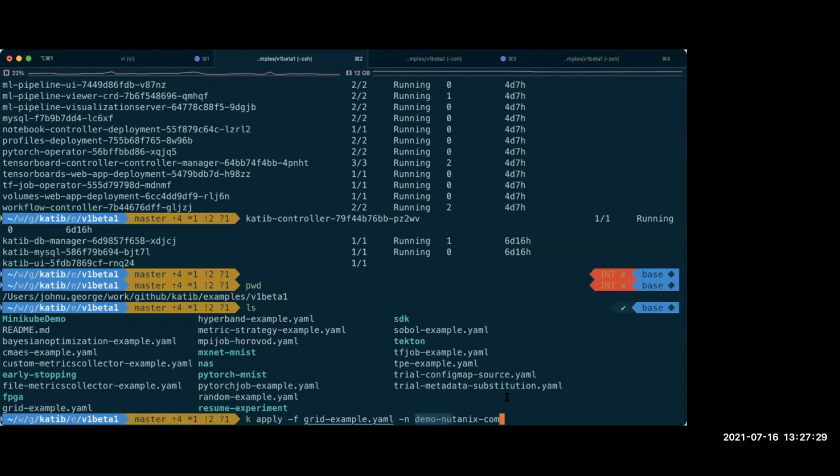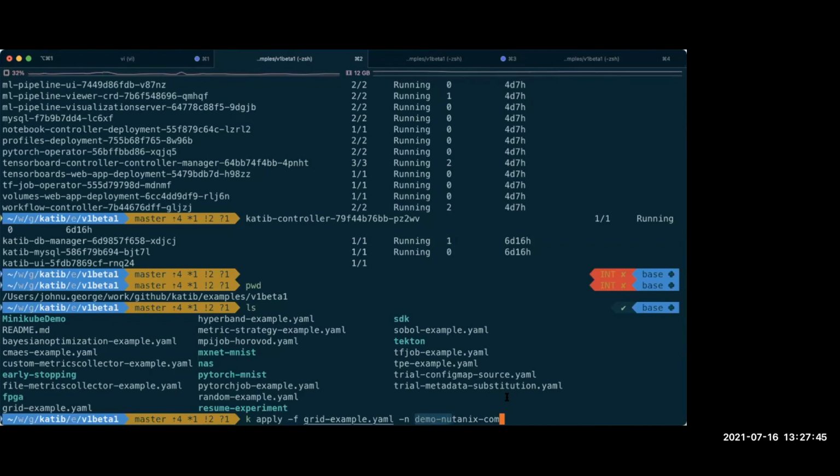If you are not using Kubeflow, you can still just create a different namespace, and the Katib controller will try to get the experiment which is created in another namespace. So there is no dependency on the main Kubeflow installation. You could use Katib as a standalone installation.